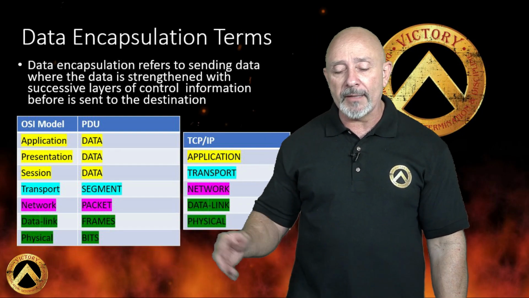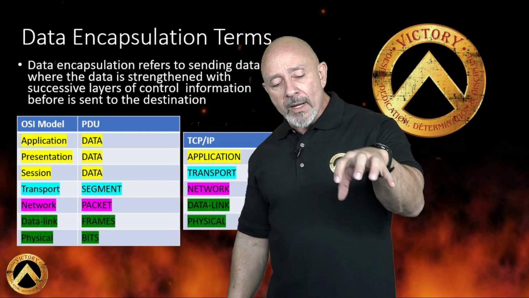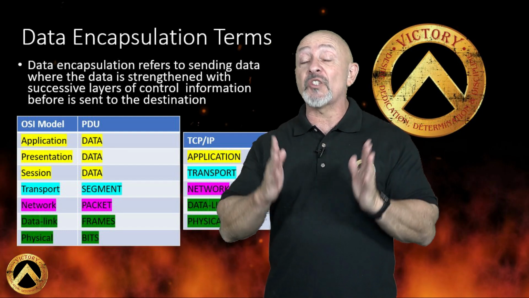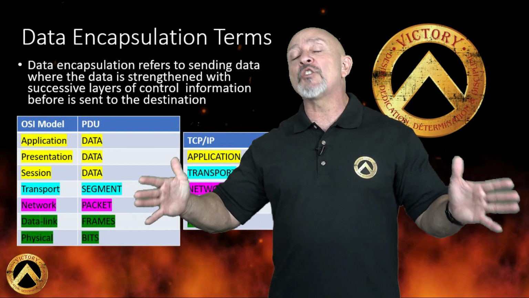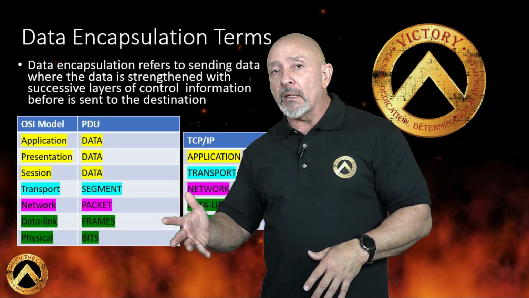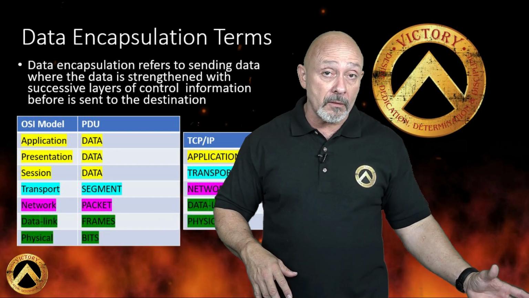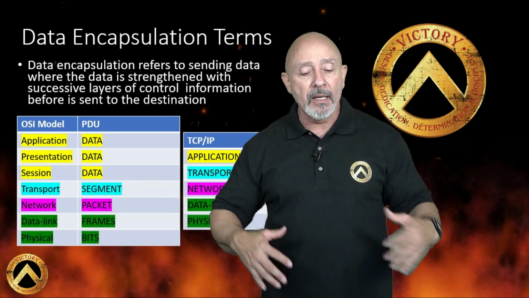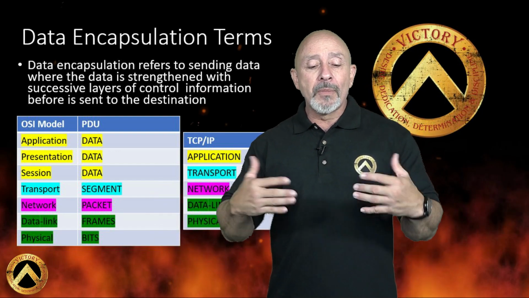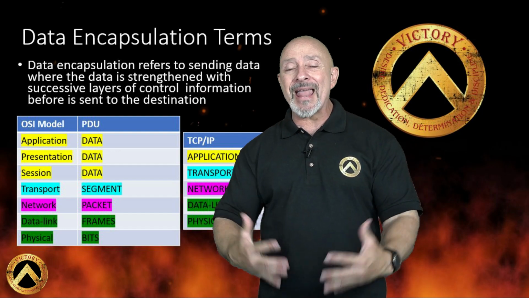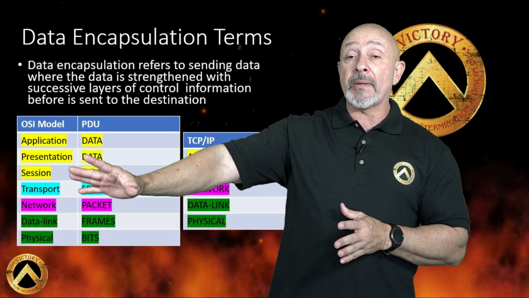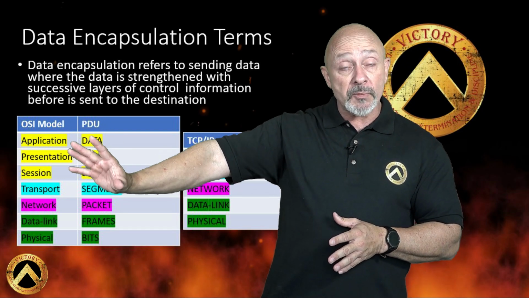Now I know. Once it gets to the transport layer, that's where it starts breaking things up. And at the transport layer, it starts putting its information. It could be a trailer at the end, or it could be in the front. It all depends what information is being put on there. But the transport layer is the segment. Now it becomes a segment once it gets to the transport layer. And you can see in the TCP/IP it's the same layer, transport.